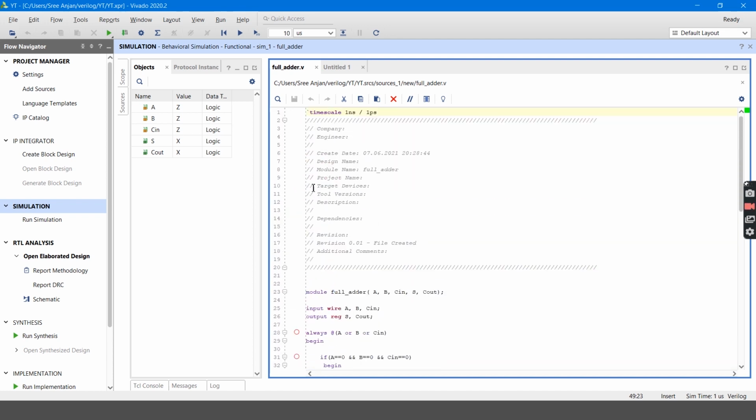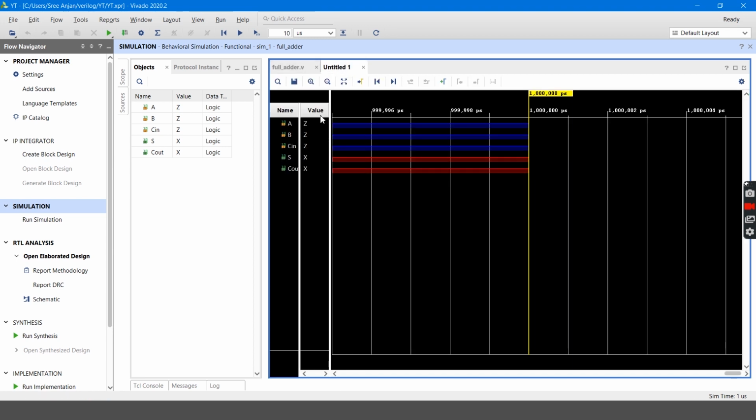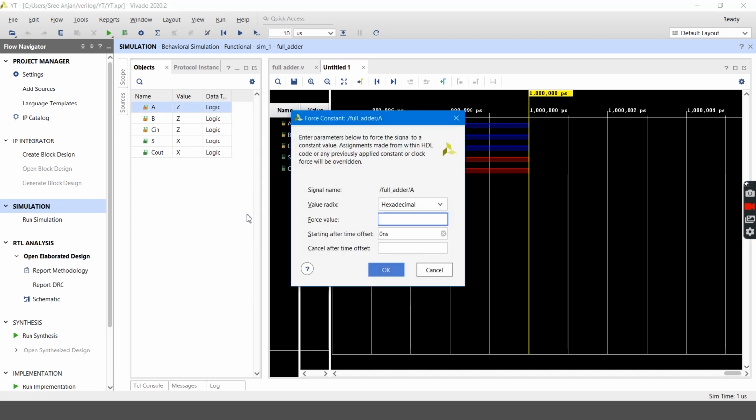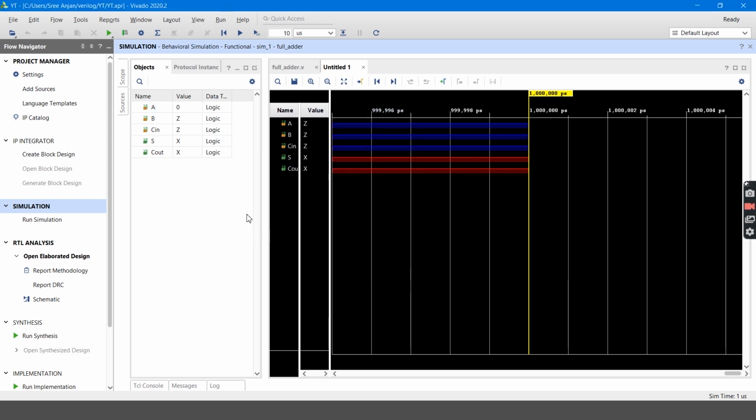To save time, I already pre-simulated and did the schematic part. I simulated already, but I didn't give the values. I will be giving the values right now. We have 8 values, and of those I will be giving only 3 values randomly.